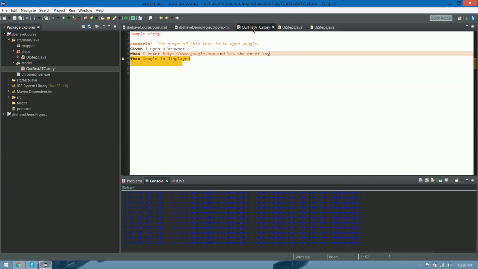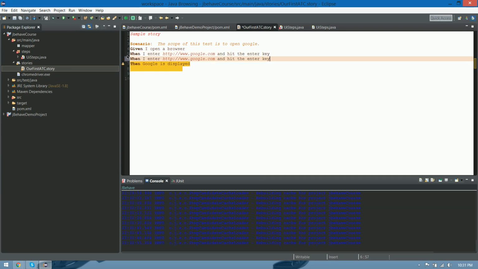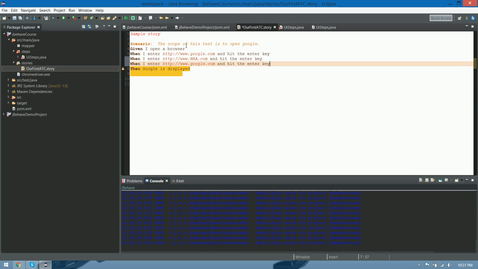So if we want to enter Google, and after that we want to enter, as we said, mba.com, we just have to copy that sentence and say mba.com. And also we want to enter Facebook, and that's it. Instead of writing 3 different steps, we wrote just one and used it multiple times. One other cool thing, instead of writing given when,